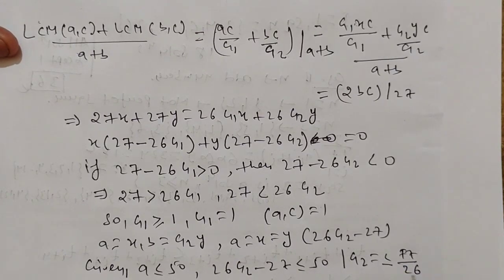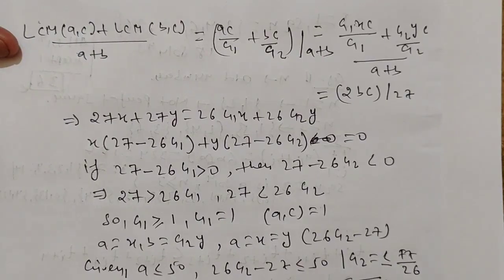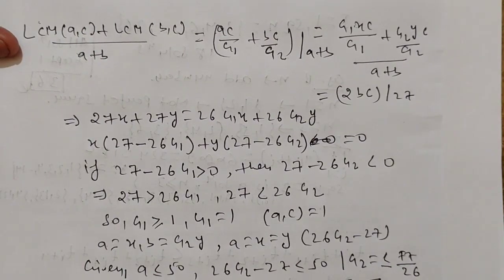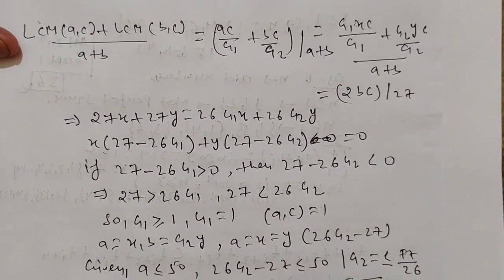You can see this value, 77 by 26, is slightly less than 3, and for values less than 3 we have 1 and 2 as the only integers. So we can use G2 as 1, 2, and if we have G1